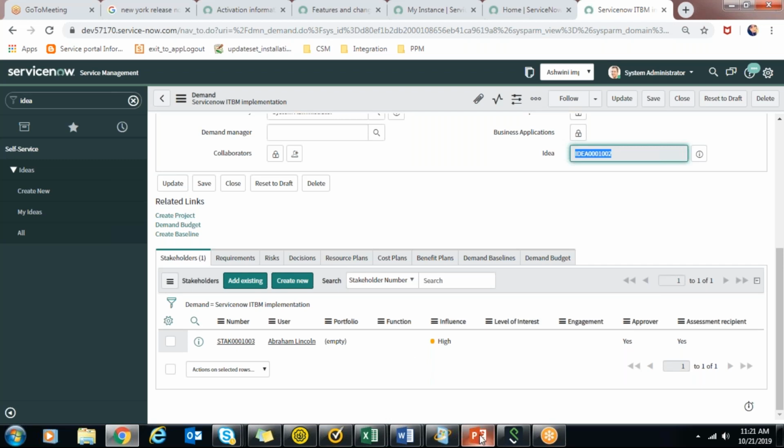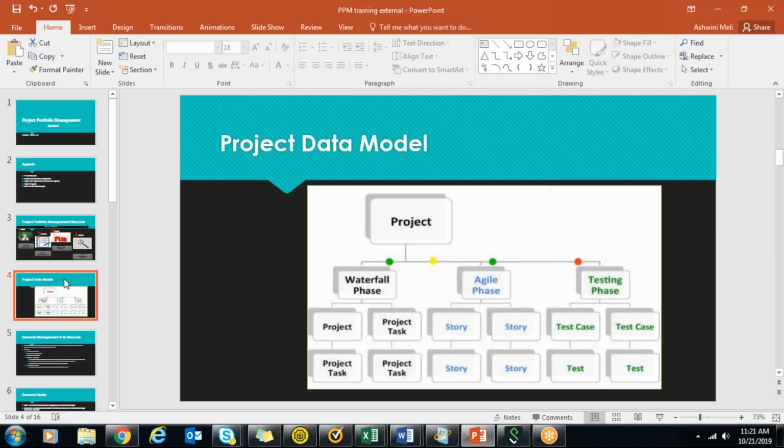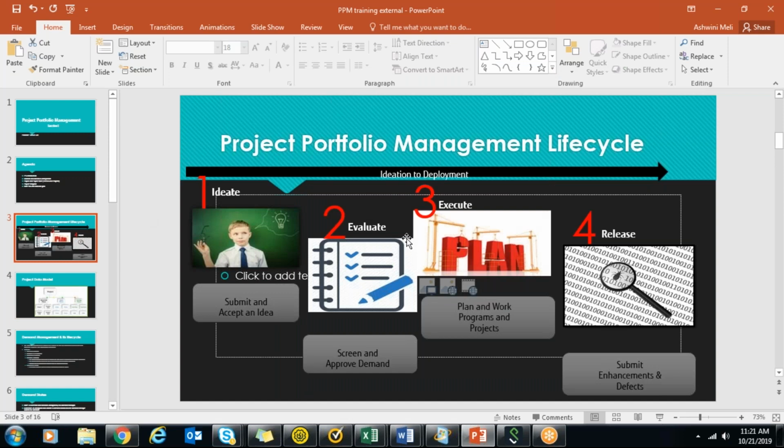So going back to my presentation, this was the whole PPM life cycle. Idea, demand, will it be a project or enhancement, and how screening and approving demand is being done. Then planning comes in the resource plan, cost plan, whatever operational expenses, capital expenses, and return on investment, all the strategies, goals, everything, planning will come here.